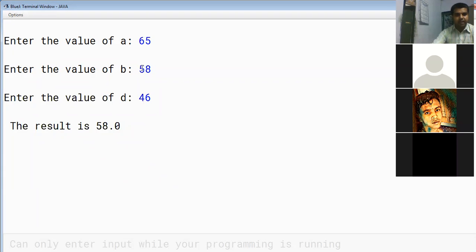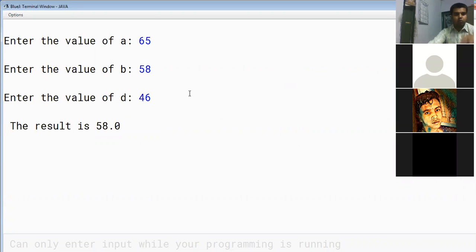Now this 58 is compared with 46 for Math.max. Out of 58 and 46, whichever is the largest value will be shown as the result. So 58.0 is the result.